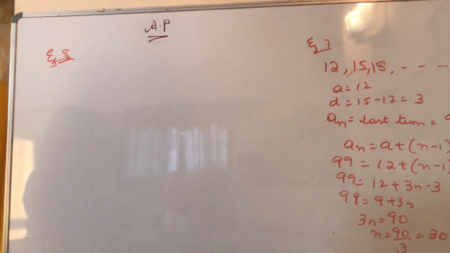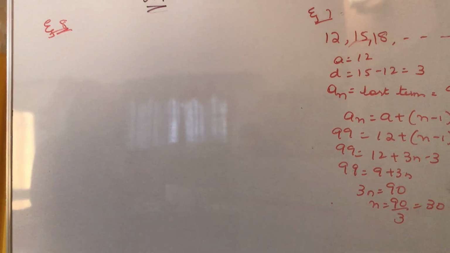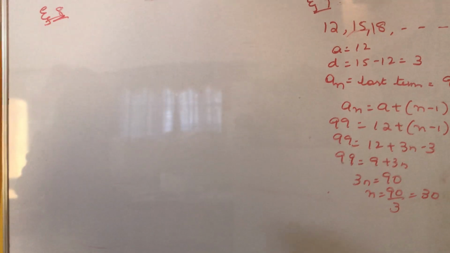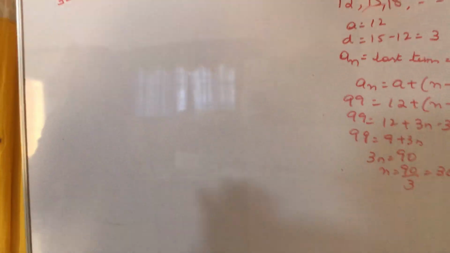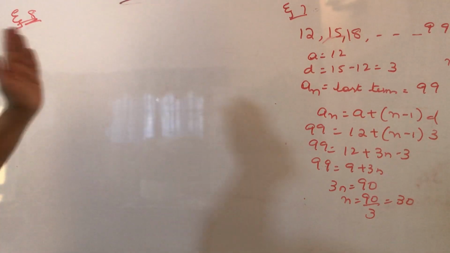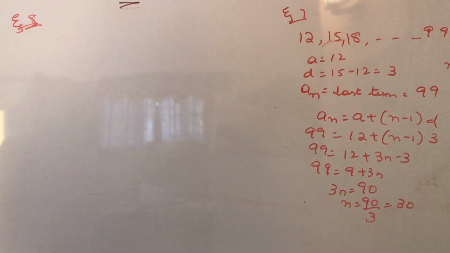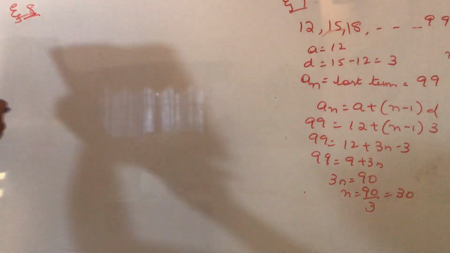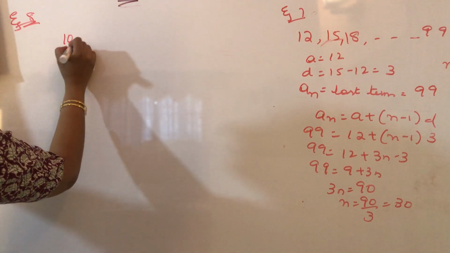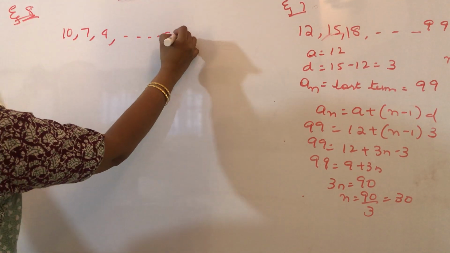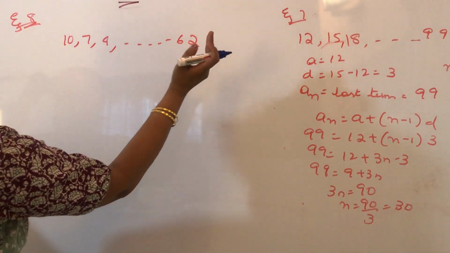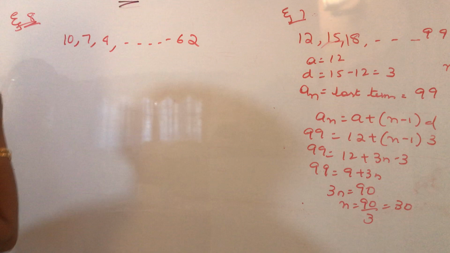Till now whatever we were learning, the 5th term, 6th term, was from the beginning, not from the last. I repeat, till now if I tell you to find the nth term, that will be from the beginning: first term, second term, like that. Now what you are going to learn is the next concept: find the 11th term from the last, and the given series is 10, 7, 4 up to the last term, which is minus 62. The question is to find the 11th term from the last.